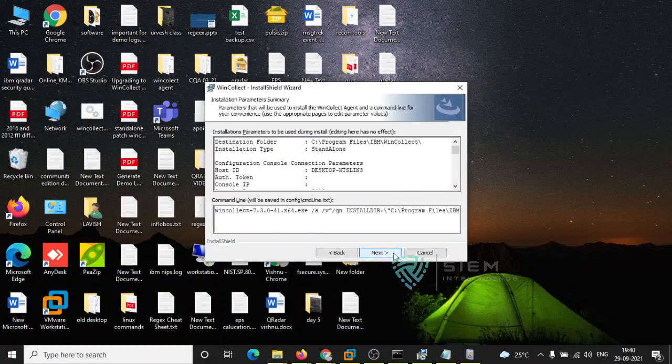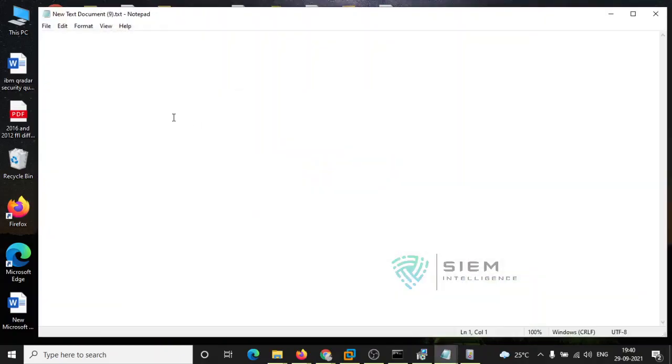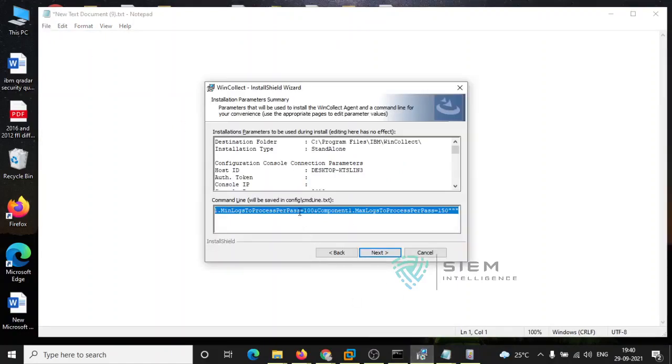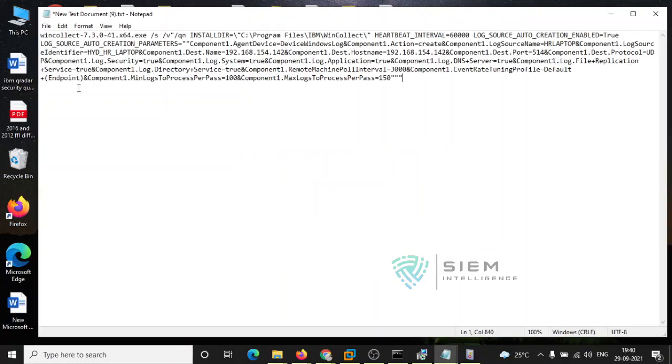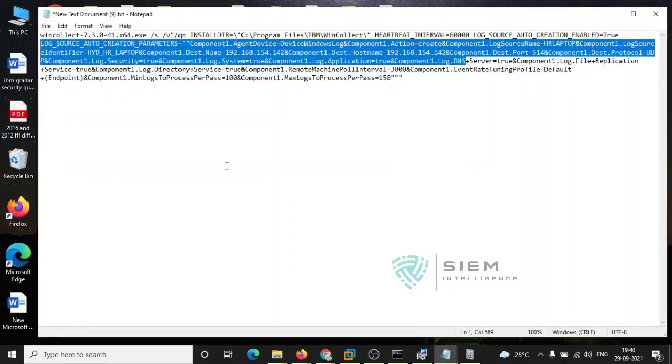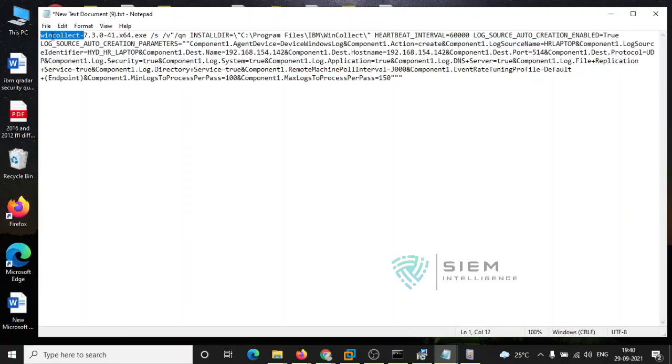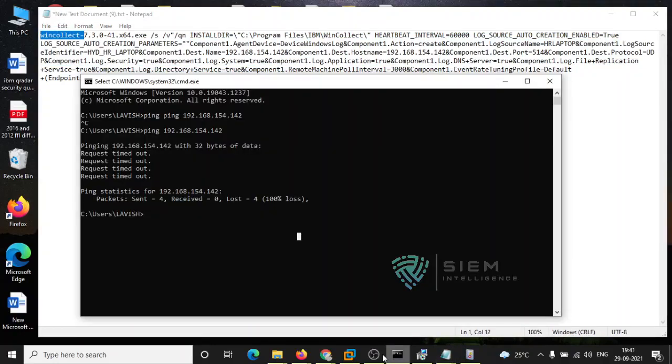So the entire thing is shown as a command line. See here at the bottom, I can copy this entire thing and paste it in a file. This is exactly the command. If you want to run it through the command line, you can just copy and paste it. It will work, no issue. But the condition is that the file should be in the location from where you are running. If you are running from the desktop, just go to the desktop,